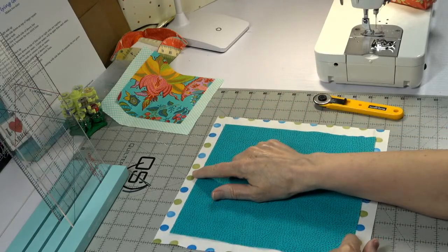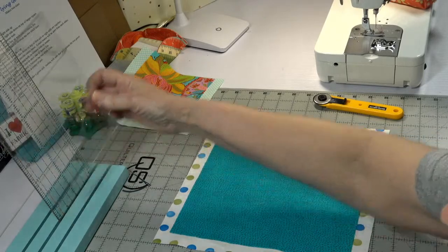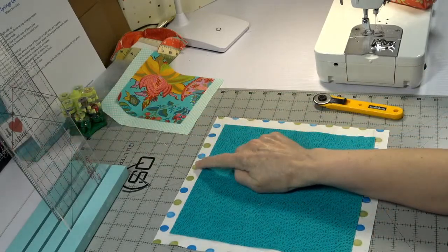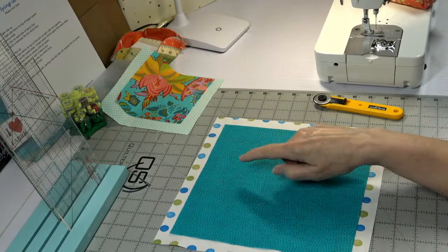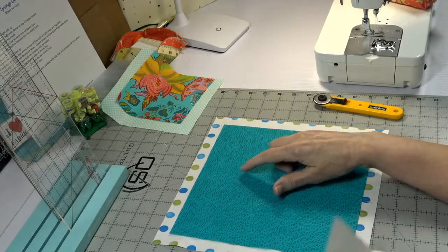So the first fabric, the bigger fabric, and I'm going to be using the large side of the ruler. The first fabric is 11 inches, and it tells you that on the resource pages. It's 11 inches, and the smaller one, which is the geese part,